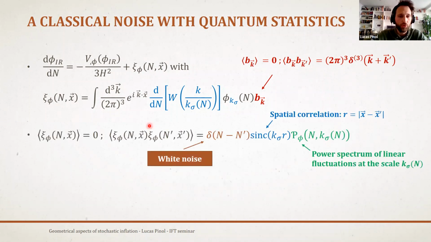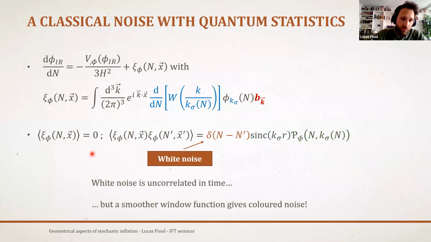So now you can compute what exactly the statistics of this psi term are, which you derive from the statistics of B, which is trivial, and all these things in the equation, and you can actually compute it analytically. And you find this result. So now I will explain what the different terms in this result are. So first, you see that the noise at different times is uncorrelated. So the noise at the time n is not correlated with the noise at the time n prime if it's not the same time. So this is a feature that we call white noise.